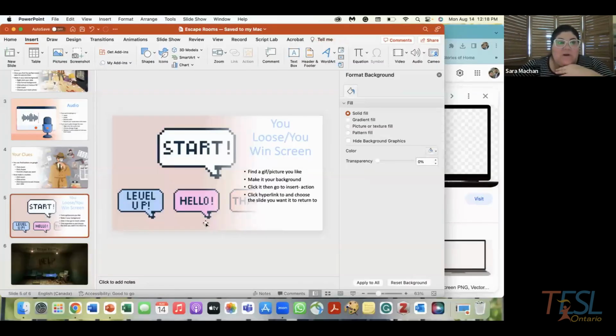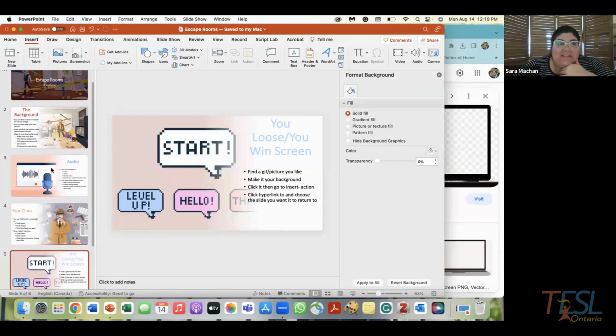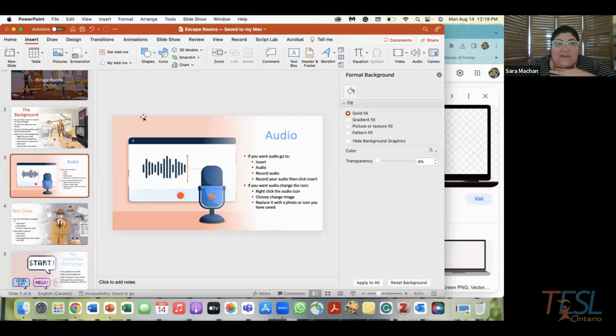And that's really important because that's how you set up your game. Now, one really important thing as well is the audio. I find it very useful when creating my games. I like to use it as instructions because of accessibility and also because it's good for our students to listen